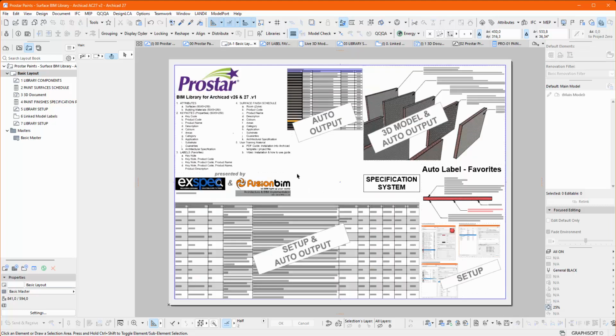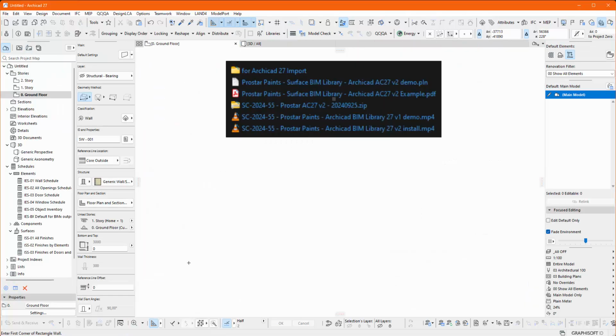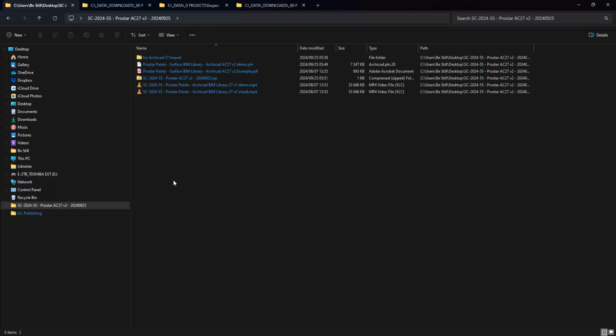So that is the basic setup of this BIM library for Prostar Paints, and now I'm going to go into the process of bringing up a clean project. This is a standard Archicad template, and the components that we will bring into the template are the favorites. This is going to the folder that you get with your download. So with your import